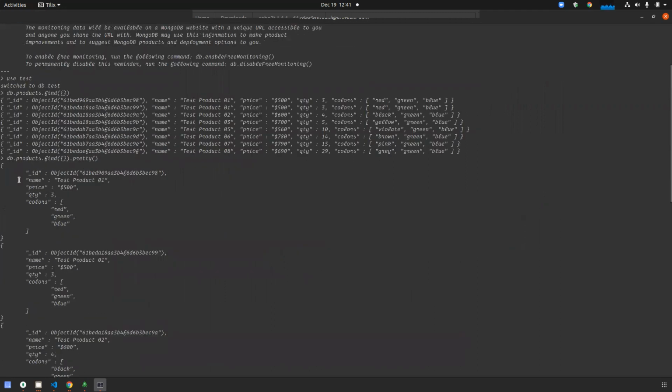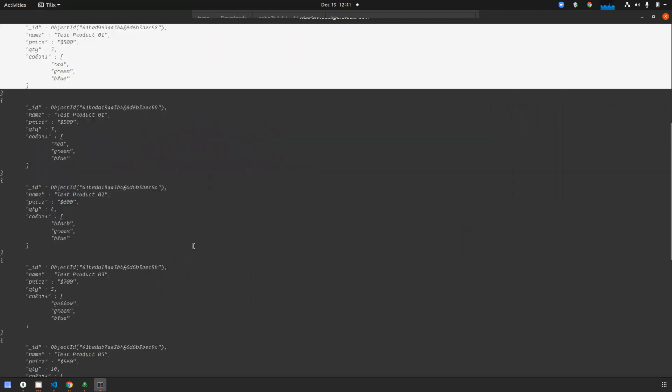I have a question. If with one command, which is insert, we can insert multiple and one, why are we using insertOne and insertMany? What is the purpose of insertMany and insertOne?